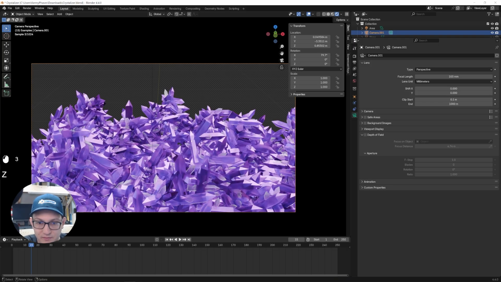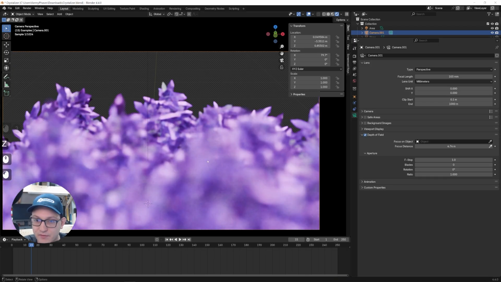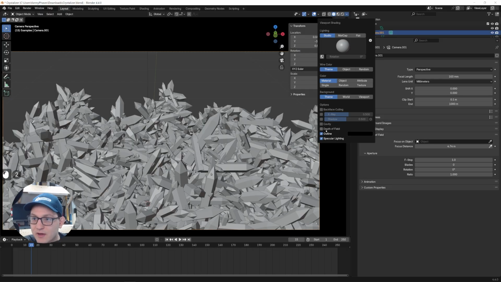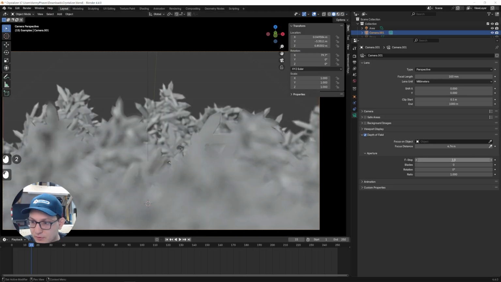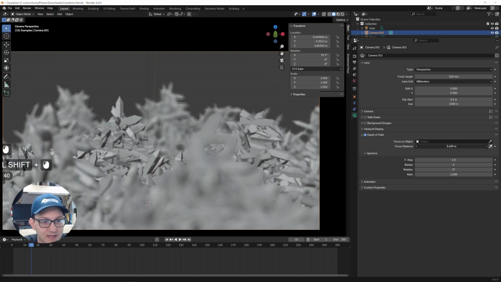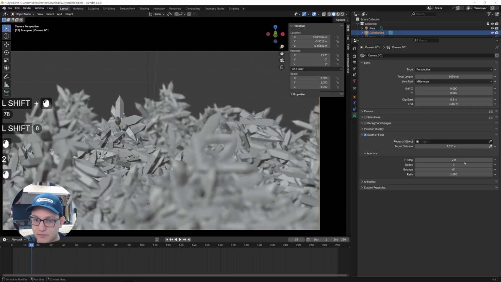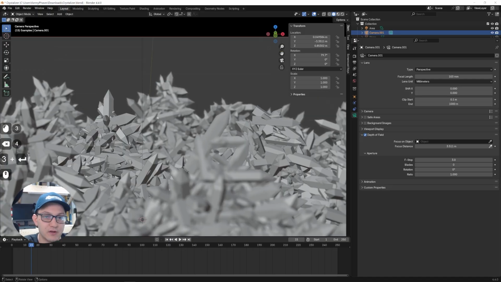I'll go to my rendered view, and then I'll enable my depth of field, and I'll go back to solid view and make sure that in my overlays, depth of field is enabled. And now I can adjust where my depth of field sits. And then I think I'll do like a depth of field of maybe 2 or 3. Let's try 3. We don't want it to be too intense because we want to be able to retain some